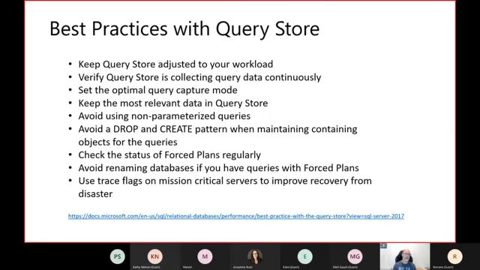Here we also have a set of best practices for Query Store, really interesting to read, and this is something that Microsoft came up with. If you have a very busy environment, highly transactional, etc., there are some trace flags that you may need to enable. Otherwise, if it is a normal environment, just enabling Query Store is really easy.